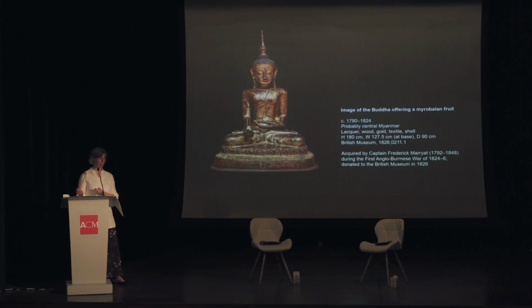But one of the things that's interesting about this object is that we don't have any idea how he acquired it, but by looking at the object itself, we do know that it's of a type that was produced in central Myanmar, oftentimes for export to the Shan states. And we also know, because of the broad fillet around his brow here, and also the fact that he's offering the viewer a myrabalan fruit, a medicinal fruit,